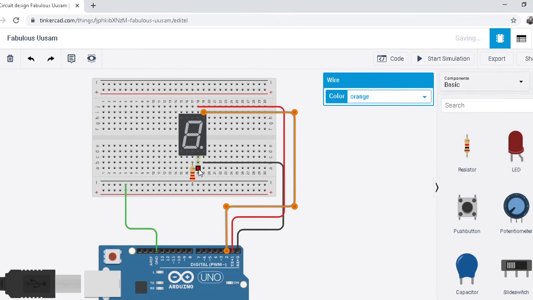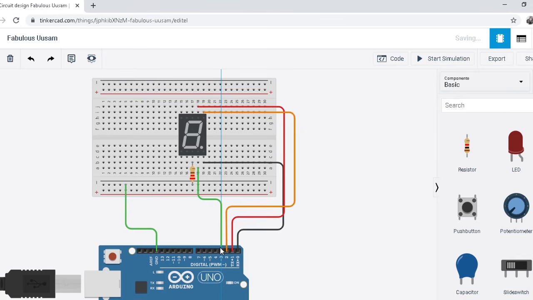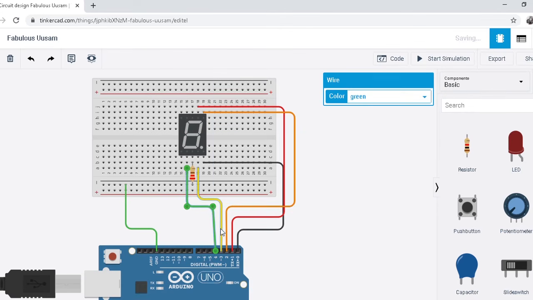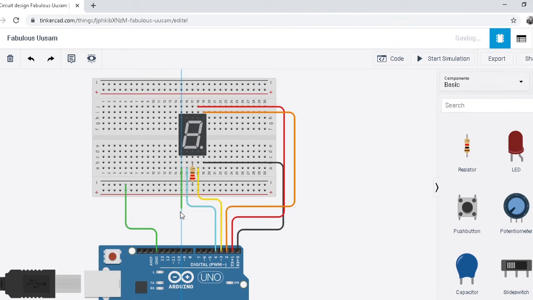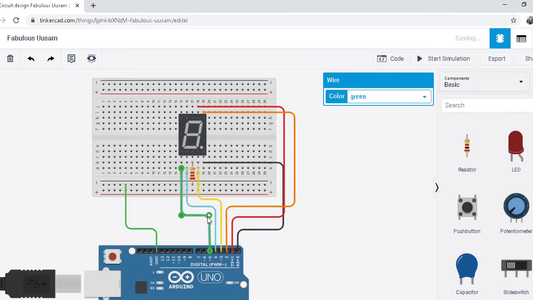And then attach the C pin to pin number 3. And attach D to pin number 4. Attach the E pin to pin number 5.